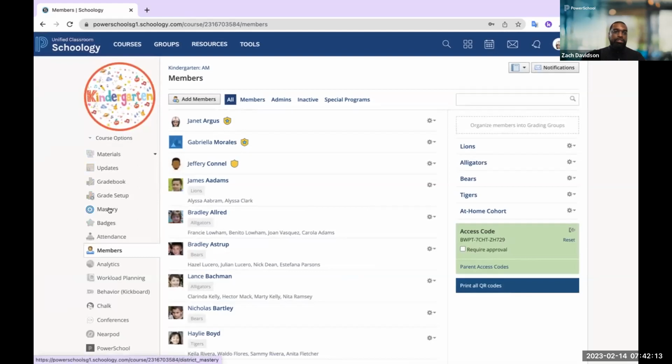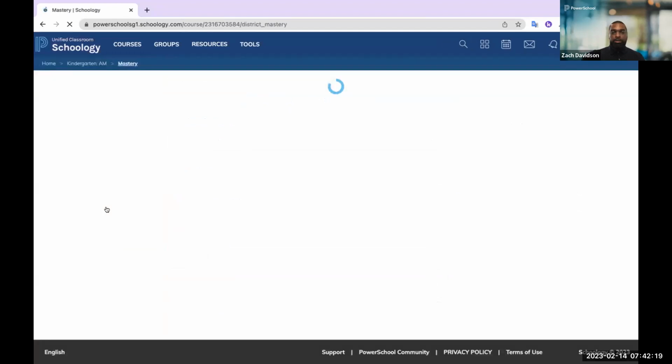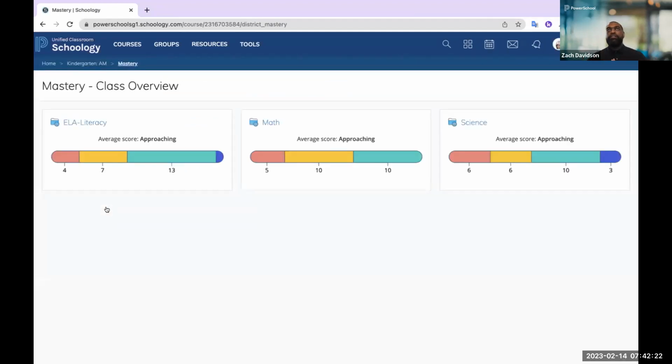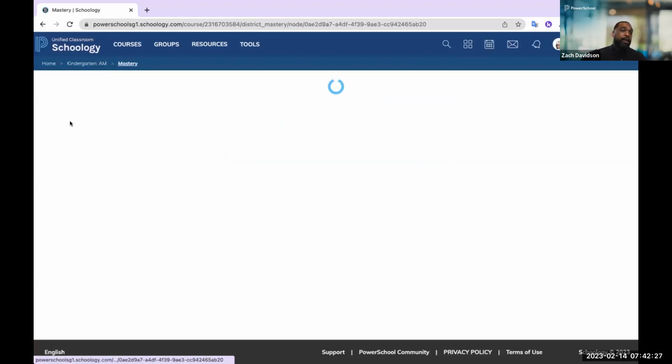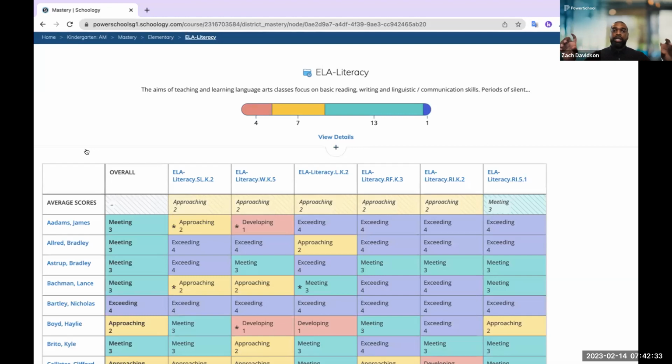While we're here in the course for the elementary teacher, I'd also like to highlight the Mastery Dashboard. Just again, to think about the level of engagement of understanding where students are, how they're performing against not only the numeric grades, but also the standards. We can see and understand in this example how students are measuring up to the standards that have been addressed within the classroom. This functionality is provided to you as a teacher, making note that all of the functionality, the language used, the color codes, the formulas used to get to these measurements, all of that is interchangeable by your administrator at the school and/or district.